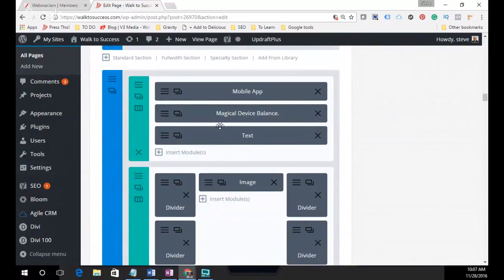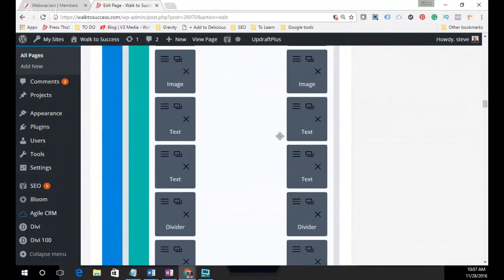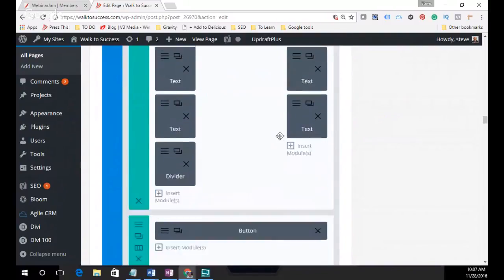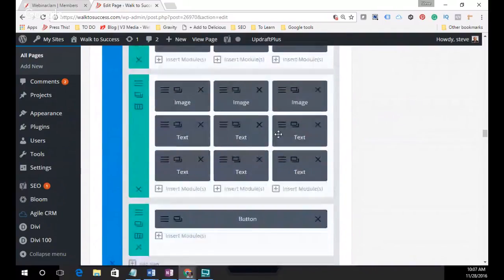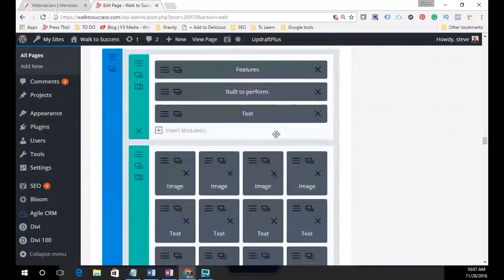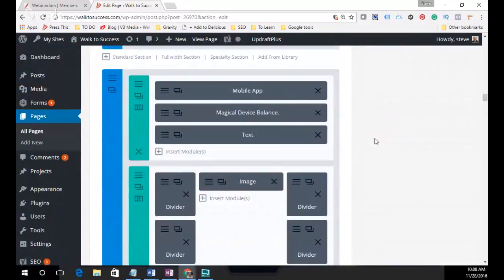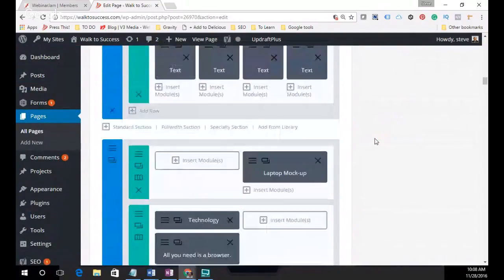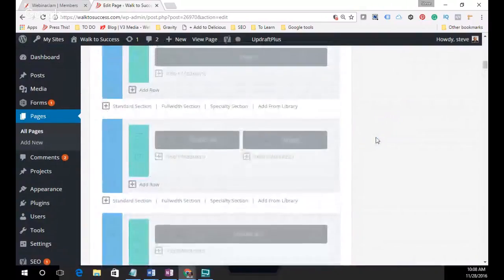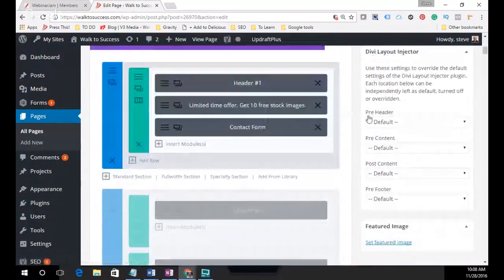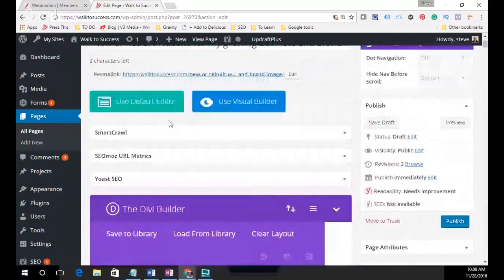So now you're looking at all these different modules and things that are on this back page here. This is what it looks like for a website designer. And let's say you just want to use a piece of it or a part of it, or you want to make a change. I'm going to show you how to use Divi as a business owner. And let's say you have a site like this and you just want to do a little bit of work to it. You paid somebody to create it, and now you're logged in,